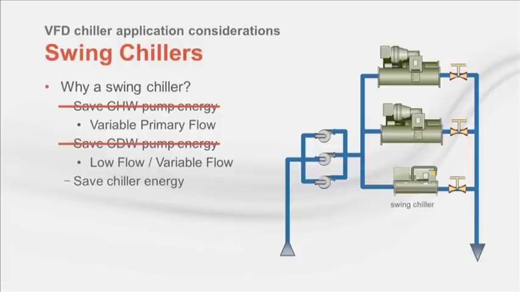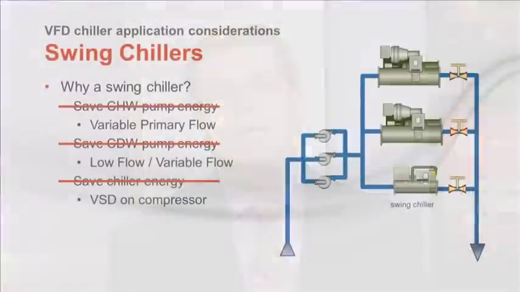The final driver for a swing chiller is that the very low load efficiency of constant speed compressor chillers can degrade significantly. Running a smaller chiller at a higher load point can provide improved chiller energy efficiency. With the variable speed modulated compressors we're talking about today, the low load chiller performance can be quite excellent. So the three reasons and benefits swing chillers have provided to traditional system designs in the past are greatly reduced, if not completely eliminated, with the application of one or more variable speed chillers in an optimized variable flow chiller